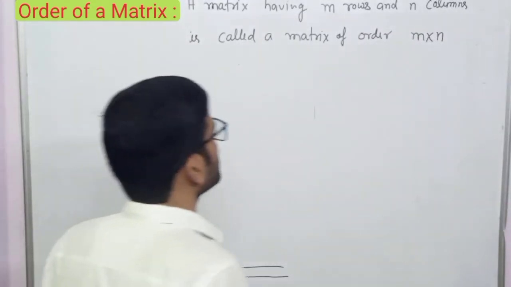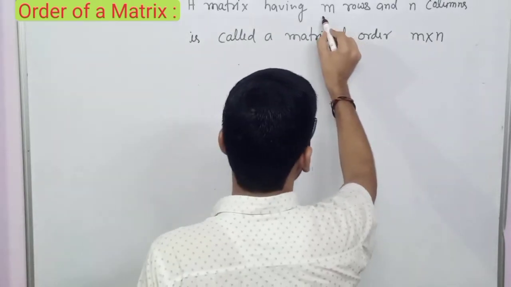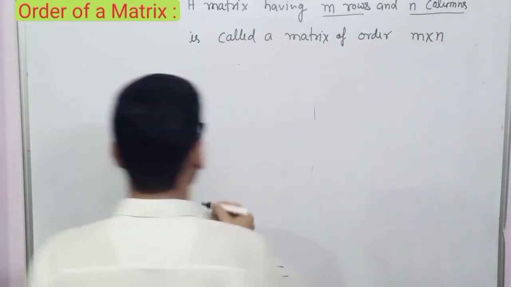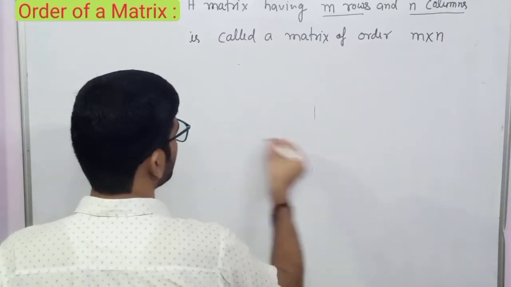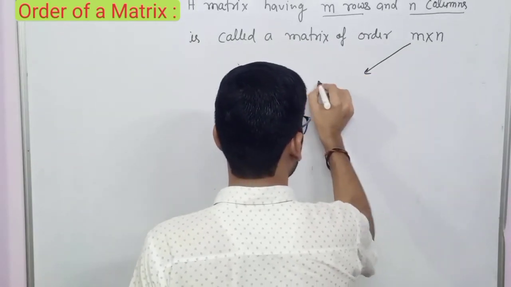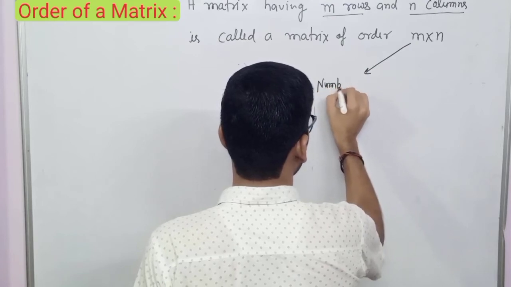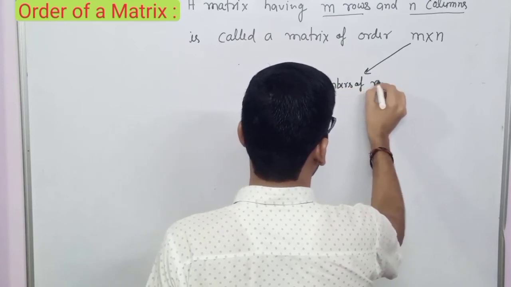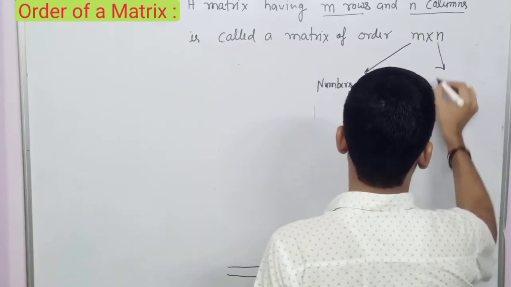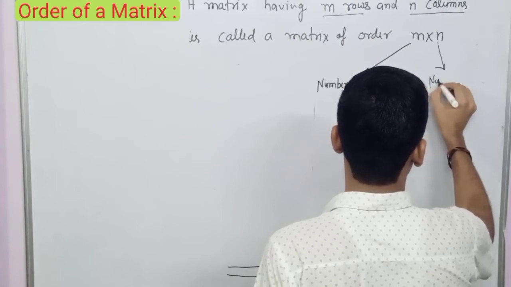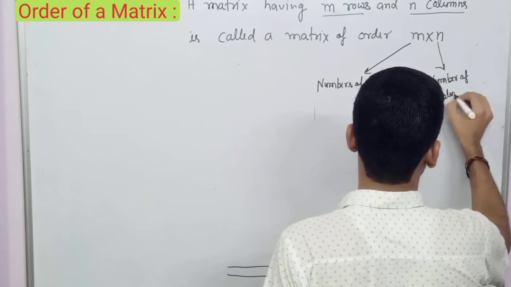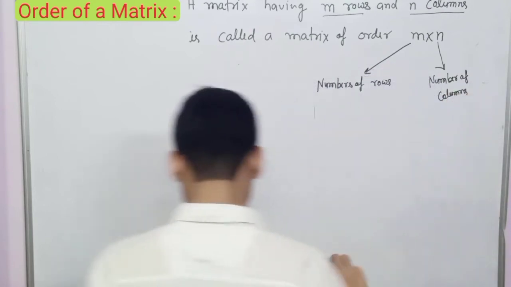And here you see m rows and n columns. That means if here we want to write, here m represents the number of rows and n represents the number of columns. Okay,